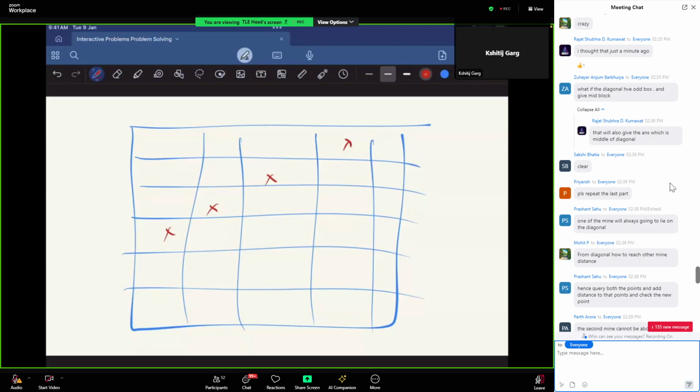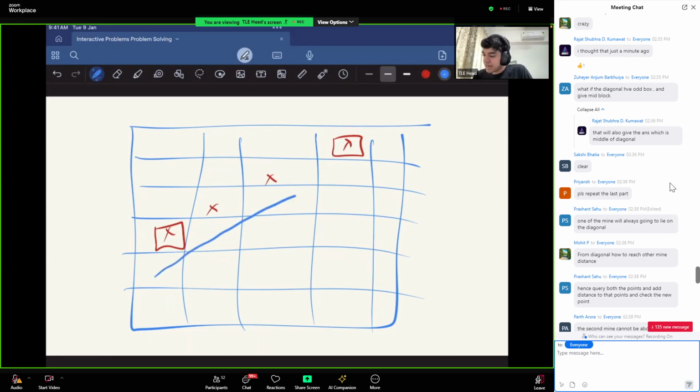So what do we want? We want that for both these places, the other mine is closer, right? Ideally, we would want the other mine to be in this diagonal because this diagonal is the closest one. This is distance 1, this is distance 1, and so on and so forth. But no matter what you do, since this diagonal is farther away from this diagonal,